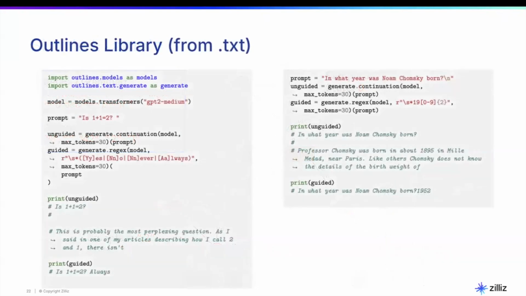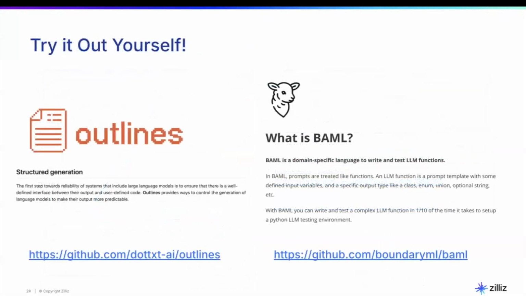I'll skip over this because I think that'll take away from Cameron's talk. So try it out yourself. Cameron and Vaibhav, two speakers today, their companies produce these really great libraries, firstly Outlines from .text, both Python libraries with a wide range of integrations, so you'll be able to use them with all your favorite large language models and large language model libraries. I've got the GitHub there, so check it out, give them a star, try it out, and build some cool things.